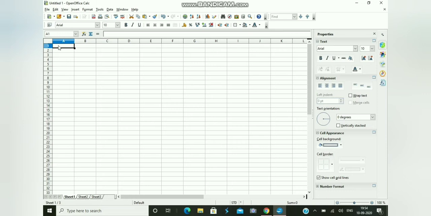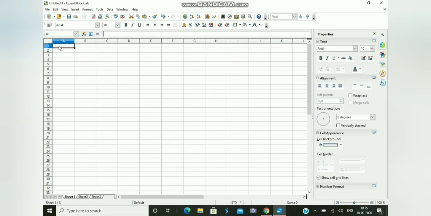So what we are going to do, first we are going to enter a formula in cell A1 over here. And we will put certain values in sheet 2 and sheet 3, and you will see automatically, as we enter the values, when we come back to sheet 1, we will get the total of the values which you have inserted in sheet 2 and sheet 3. All right, so let's do it and see how we are going to link it.